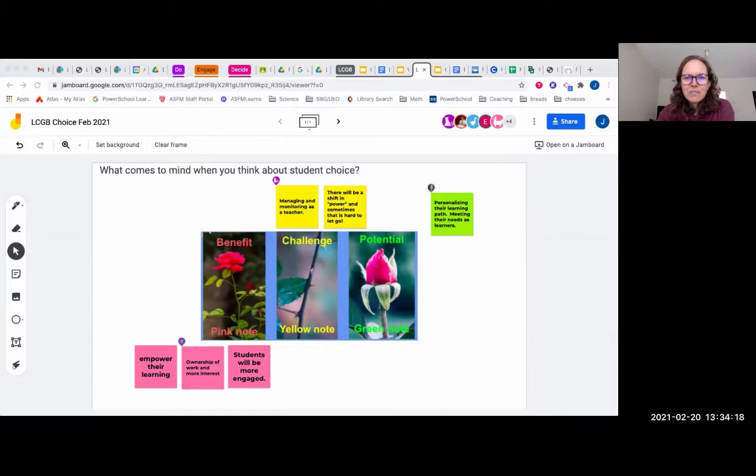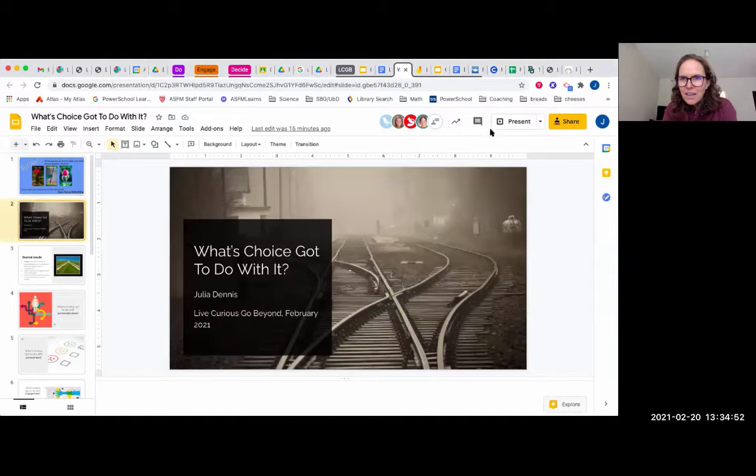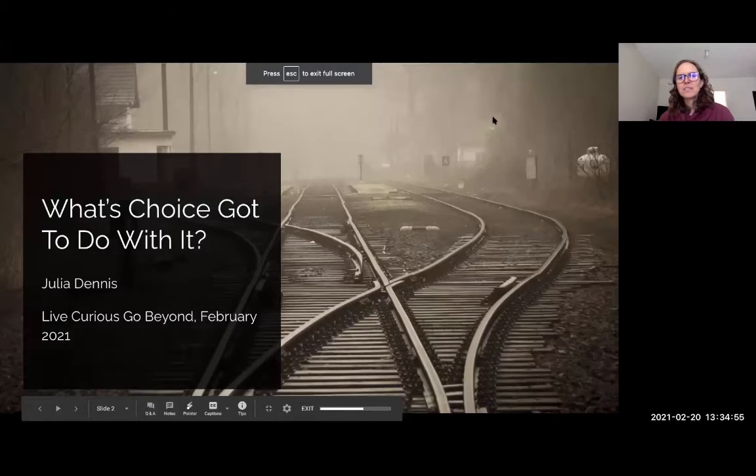Thanks for sharing those thoughts, and feel free to continue adding them as we go on through the day. You're right, this is thinking about choices, thinking about a mind shift, and we can see the benefits of doing so, and we know what that makes in terms of the learning experience, yet sometimes just wrapping our minds around it and thinking through all of the logistics is quite a challenge. And so we're going to look at some of that today and think about what choice has to do